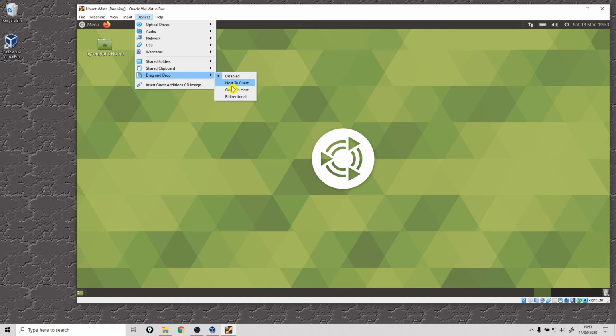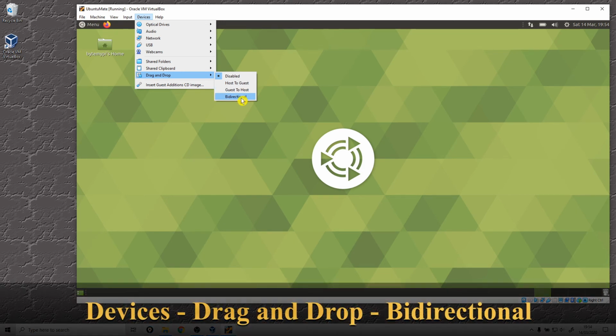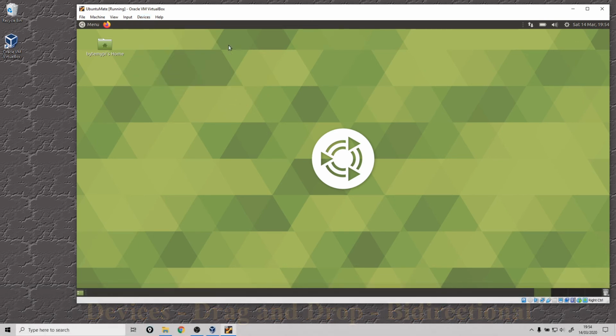Virtual machines are quite often called guests, so effectively what that's saying is we could drag and drop files from the host, in this case Windows 10, to the guest, the Linux virtual machine, or we could have them going the other way, so we have the functionality of being able to move files and folders from the guest to the host, or even better, we can do a bi-directional and go both ways. So if we select that, now that's turned on the functionality of moving files and folders between the two operating